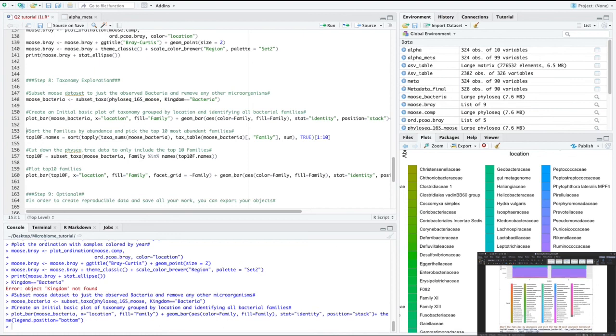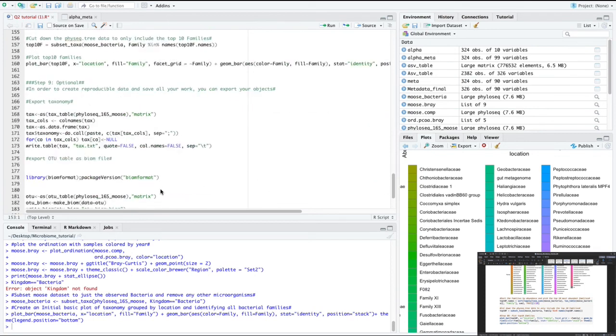Okay, so now after we did that, there's a ton of families. So let's just pick the top 10 most abundant families and just look at those. We're going to call those top 10 F names. And we're going to sort, again, our phyloseq object for the top 10 families, 1 through 10. The taxa table is the taxonomic table, and we're looking for just families in the top 10 families. And when we run that,